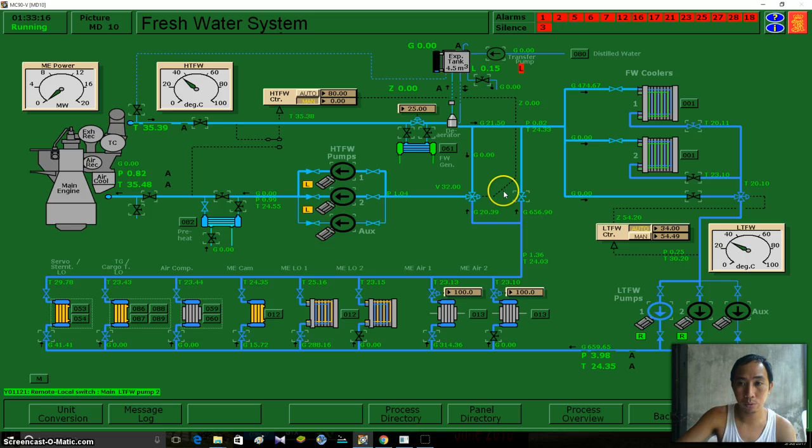Again, we're going to do the same with our high temperature circuit. So we're going to trace the line from our pump. We have our valves here. We have a valve here and a valve here. And our expansion tank. Okay. We're going to fill that one. Okay. We're going to open the valve here. So this is for our expansion tank.